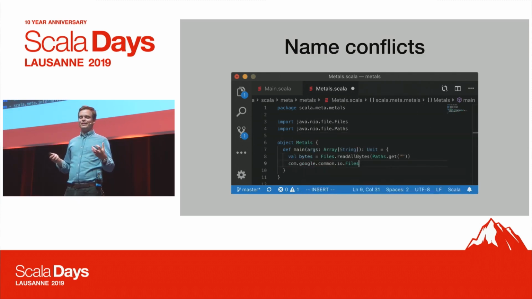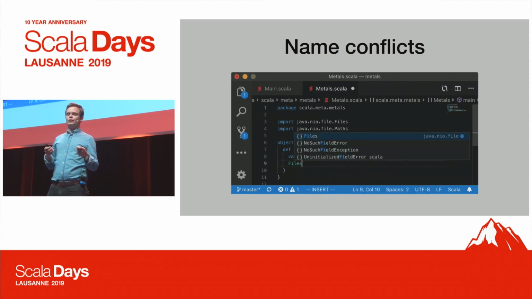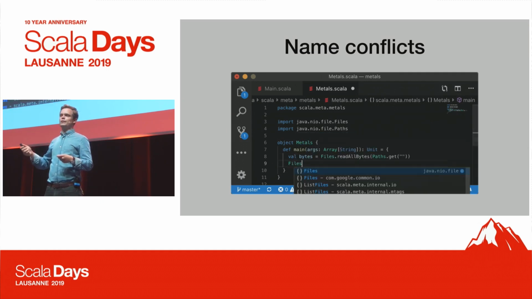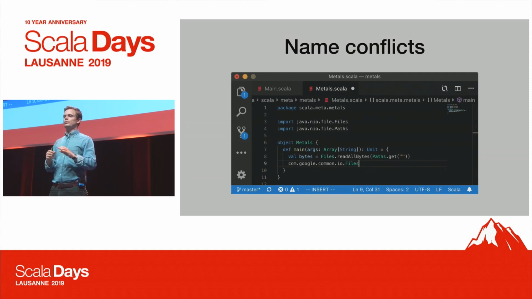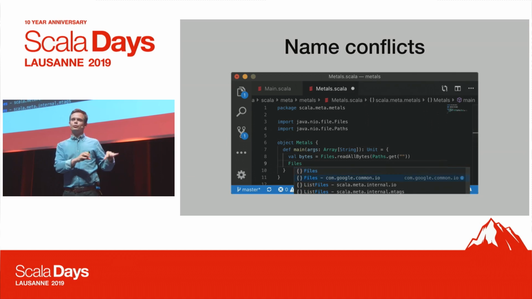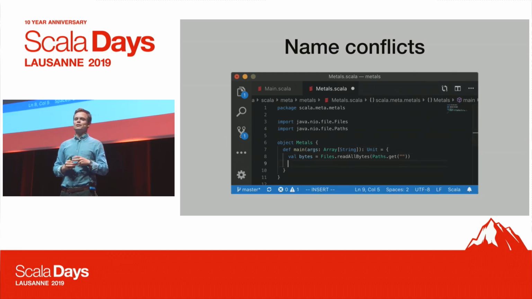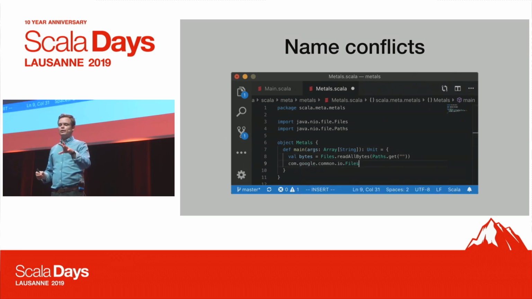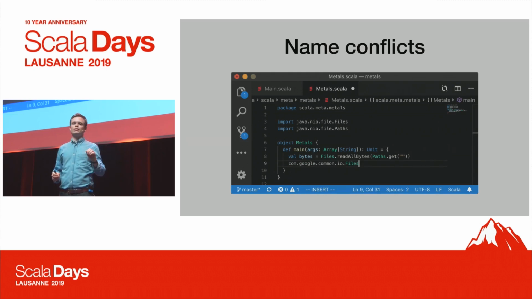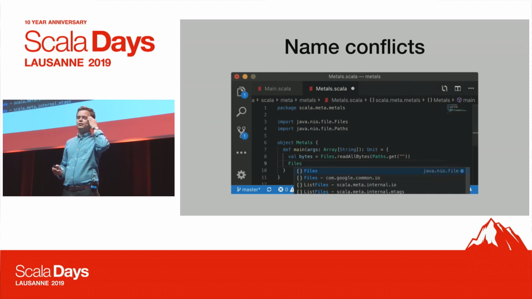And it's really frustrating if files would only show us the file that is in scope. Metals always does a full search on the whole thing. Every completion is exactly the same. We wouldn't filter out something. There aren't any smart completions that you have to do with another shortcut to get these results. It's just a single command, complete. We do the full search. So if you're going to do com Google I/O files, we know, well, hey, this is already a conflicting symbol in scope. We'll just fully qualify it for you. And I find this really nice.